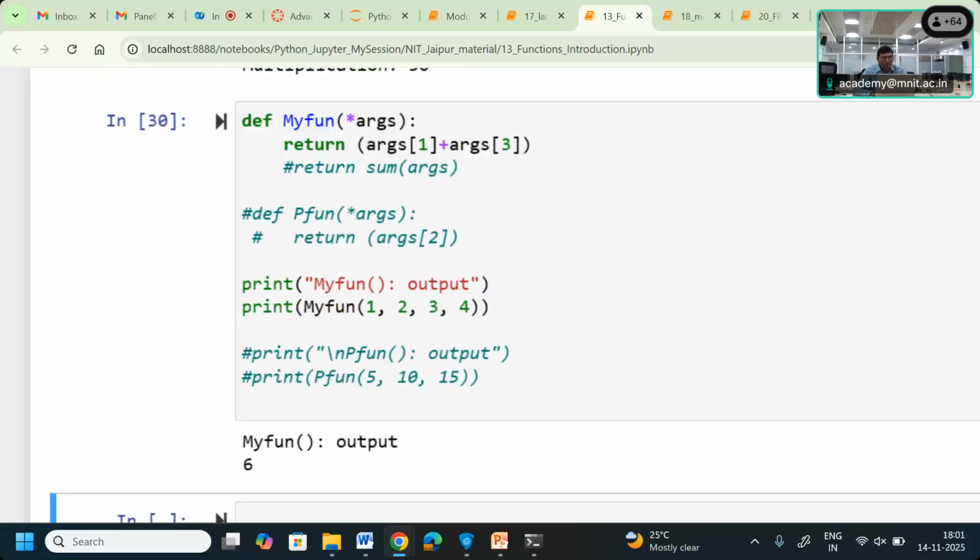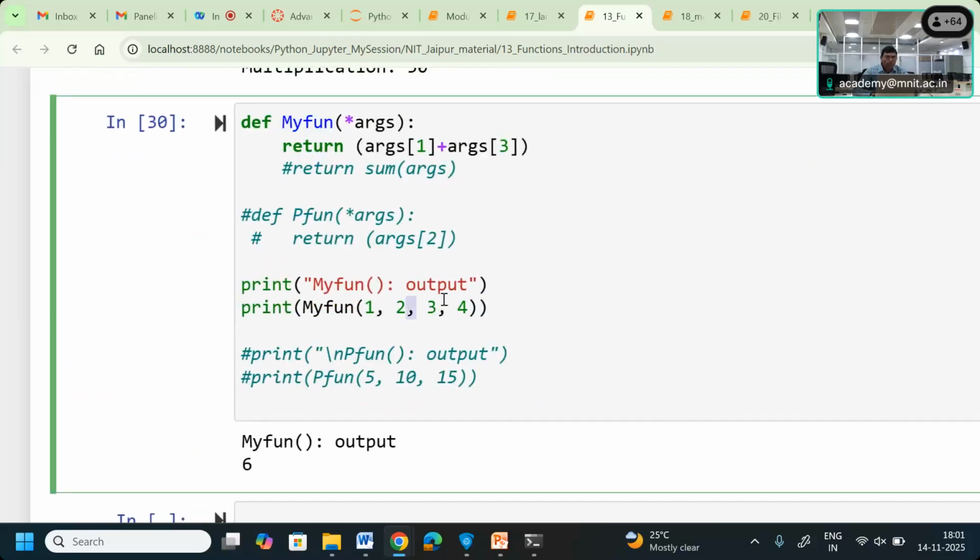What we are getting? Only the second and fourth are going to be added. So this way we can give a variable number of arguments irrespective of how many arguments you want to use in your program, and we will not get any error. Okay? So that is the benefit of